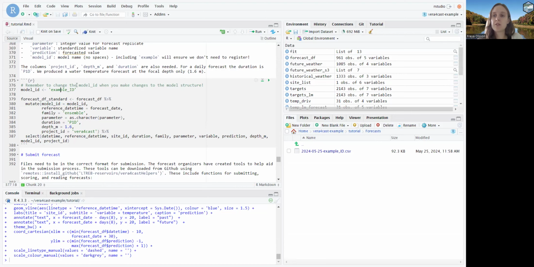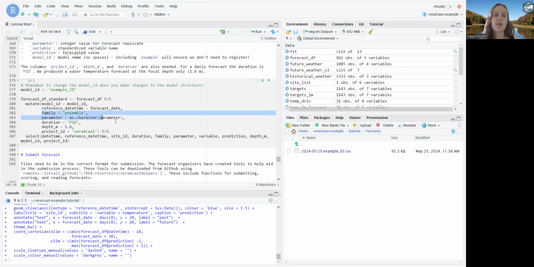This will mean that it's still scored and you can see how the forecast performed, but it's not going to be included in any synthesis or anything like that. Once you're ready and you want to start making more submissions, maybe in an automated way, make sure your model ID doesn't include the word example and that it roughly describes your methodology or the approach that you're taking to your forecast.